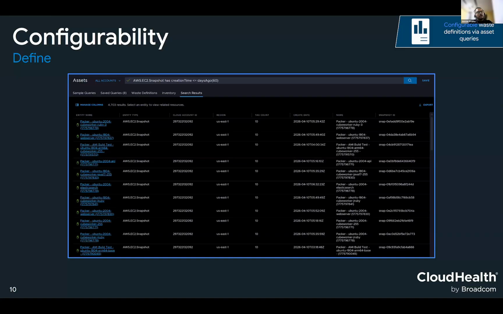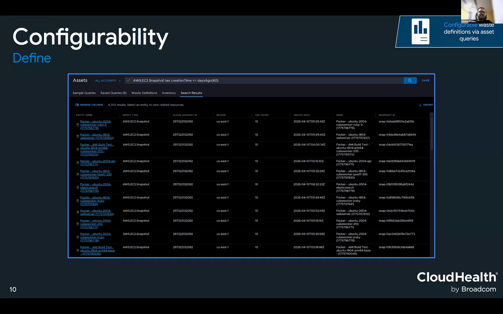But in brief, when you go to Explore, the Asset Explorer today, you can write search queries. So you can write, let's say, EC2, to fetch all EC2 instances. If you select potential monthly savings, we are also deriving the month-to-date cost, as well as projecting how much that specific resource would cost for a specific month. We use that potential monthly savings, even for a waste definition, to attribute how much you can save by eliminating this wasted asset. So that's how we define it.